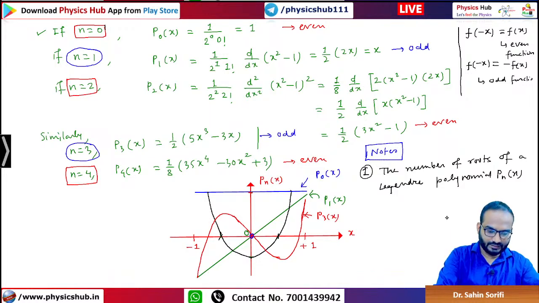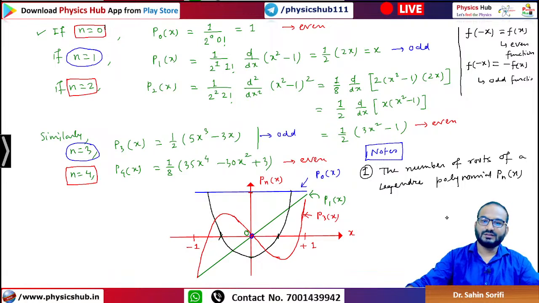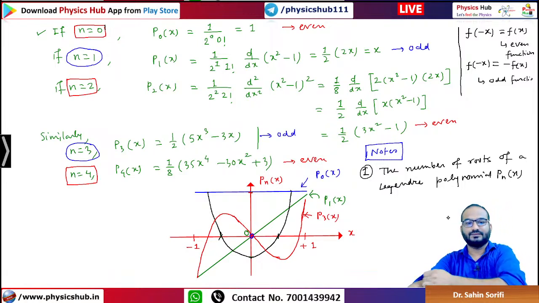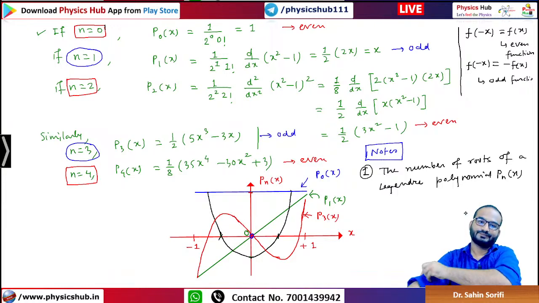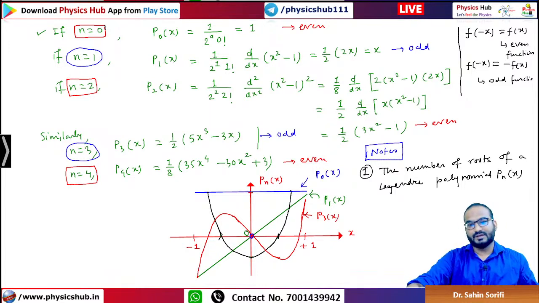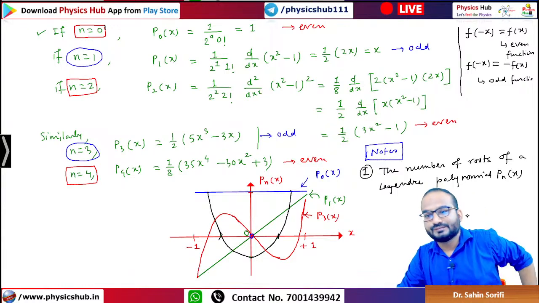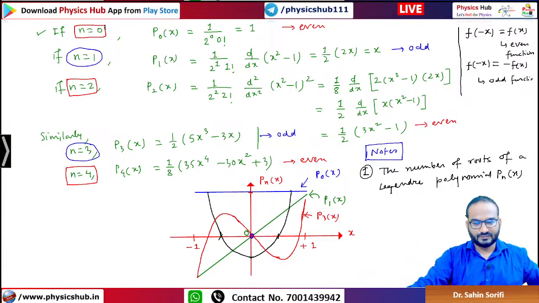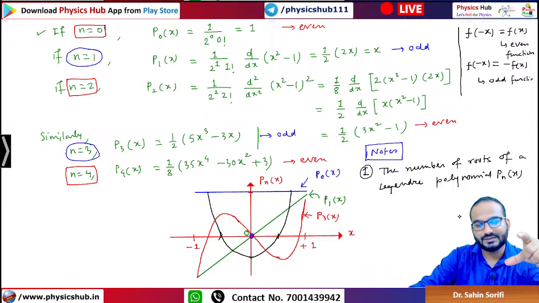Why do we take mod x less than or equal to 1? That is the allowed range of the Legendre polynomial. Okay? The Legendre polynomial is taken between plus minus 1. These are special functions, so they have a limited region